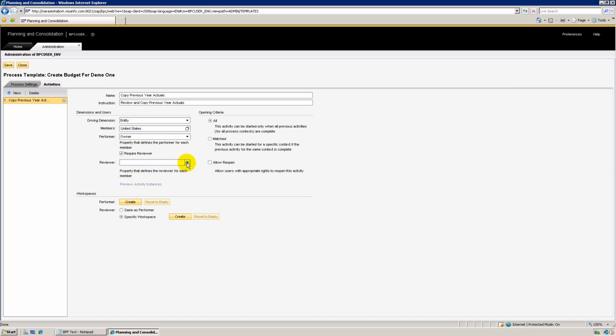So that's the higher authority who will approve or reject it. So let's choose something from here, say HIR, and I'll choose allow reopen, and I'll hit create,